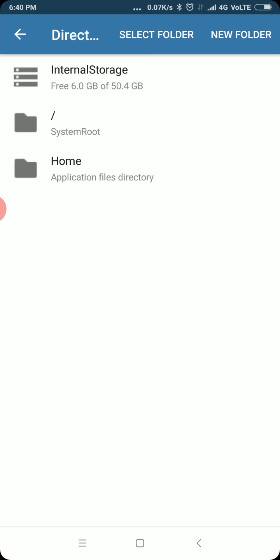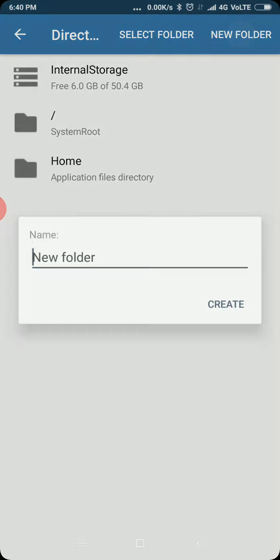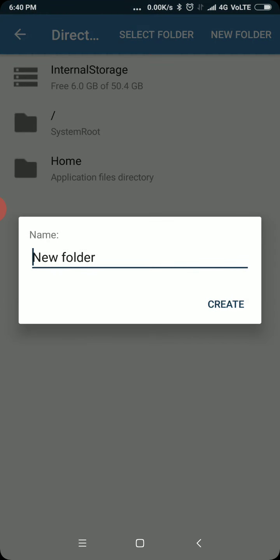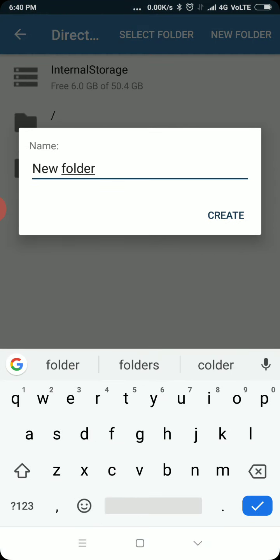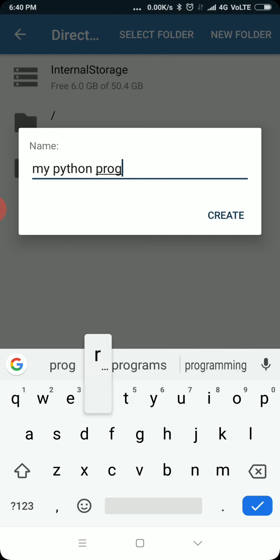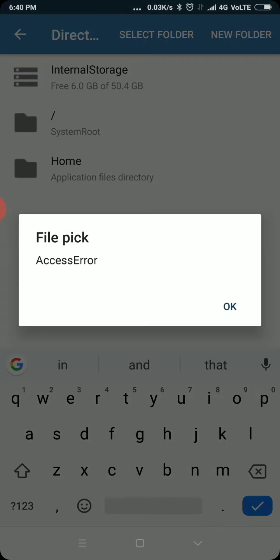You can select a folder, you can create a new folder. Suppose a new folder I want to create, and the new folder name is my Python programs. So I have created a new folder.